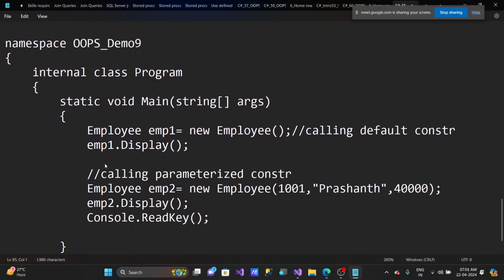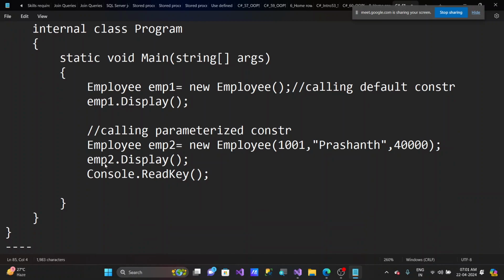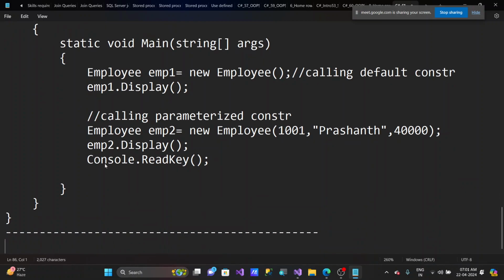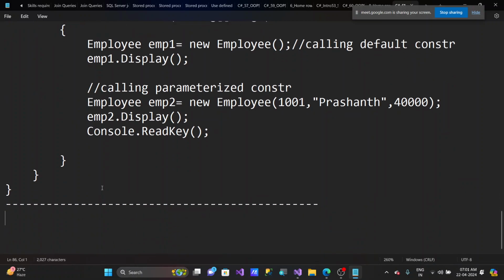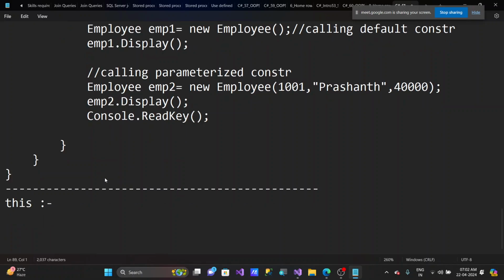So we are done with this example, guys, but I'm explaining a small change now in the same program. There is a keyword called the this keyword. What is the purpose of the this keyword in C#? Sometimes in interviews they'll ask you that. So what is the use of the this keyword? It is used to refer to